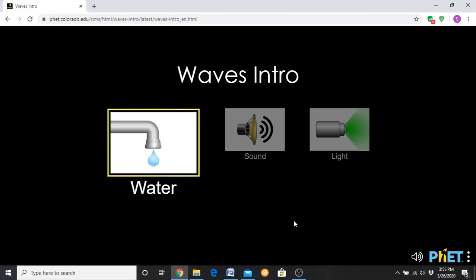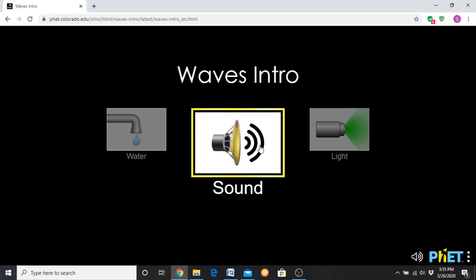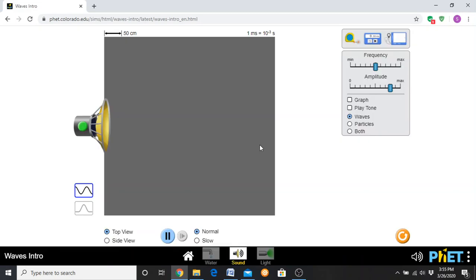Okay, guys, the second recording is on sound waves. So we're going to select sound, click on that. And so down here at the bottom, you can toggle between water, sound, and light waves. So we've selected sound. Okay. And with sound waves, first thing you want to do is hit the green button, and that will turn the